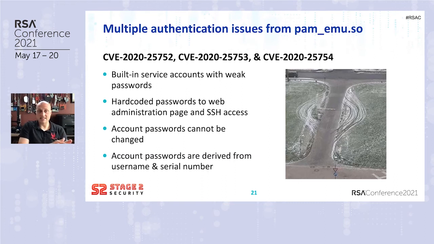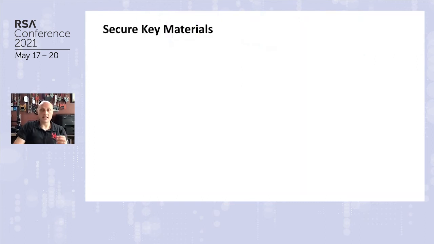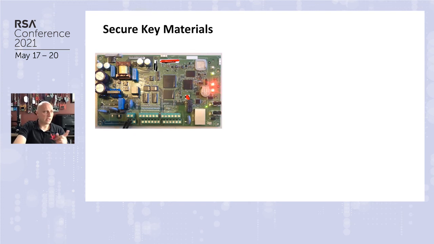really all I needed to generate the password to compromise one of these devices is the serial number. That serial number is what is used as the secure key material for generating their key. The vendor didn't do so well at protecting that serial number. The serial number can be found in two different places on the PCB itself, both in a QR code that I've scribbled out, and a serial number just printed on a sticker up there.